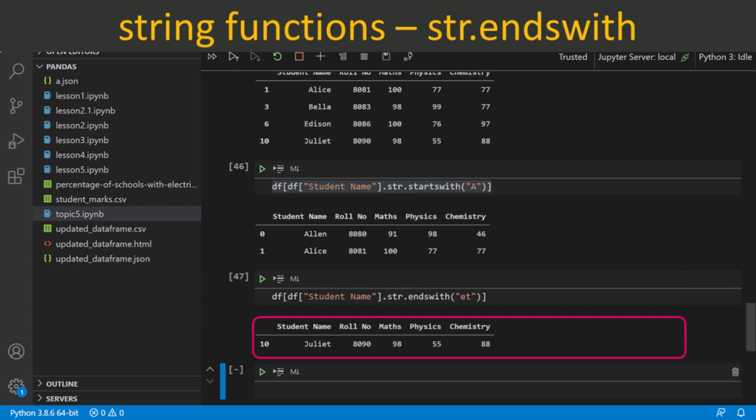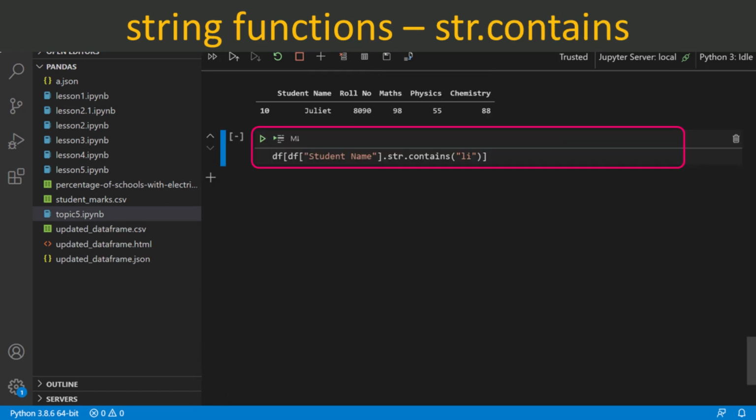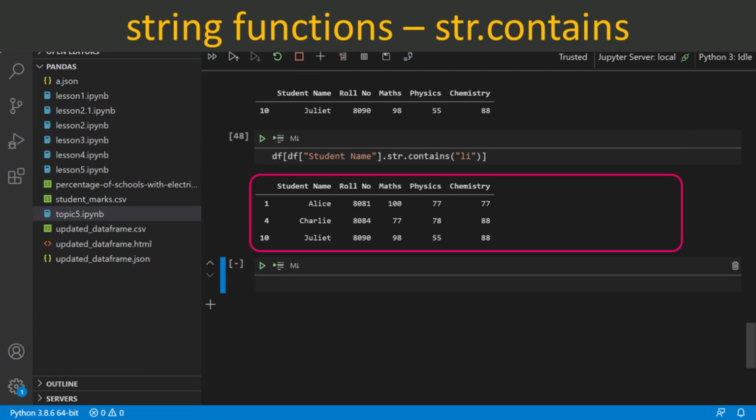As highlighted, we got all the student names that ended with ET. We also have the str.contains function, which will return all records that contain a specific string. As highlighted in the output, here is the list of records that contain the string li.